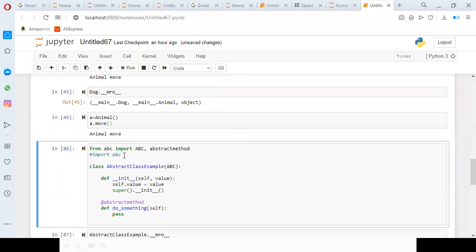If you use import abc, any class available in the abc library, you can use. But I don't want all those things, because memory will be wasted. If I use import abc, all the classes come into memory, so unnecessarily we are wasting memory. That's why I'm using only these two classes: from abc import ABC, abstractmethod.